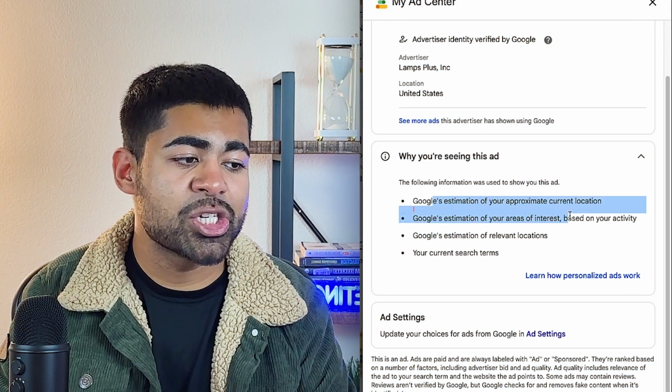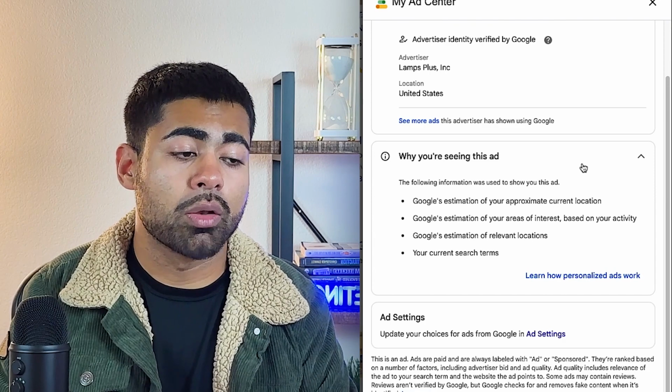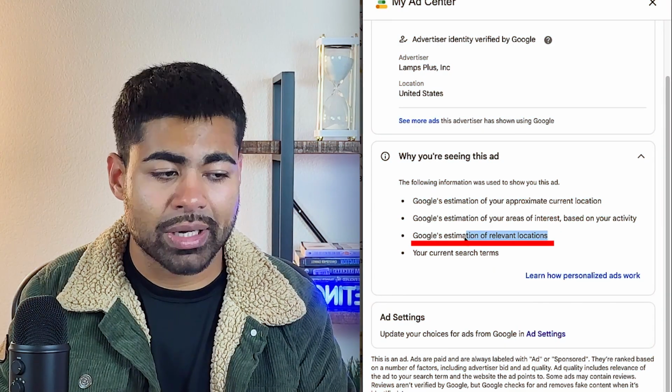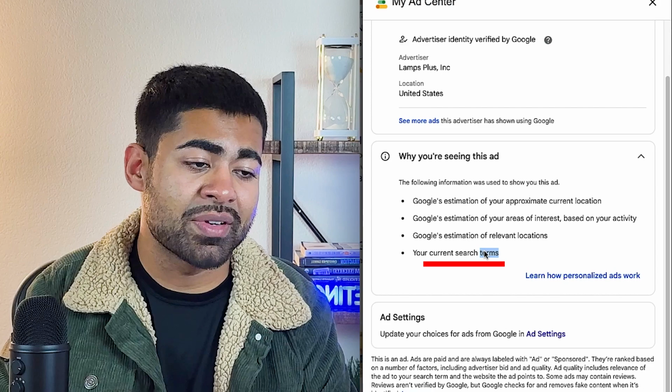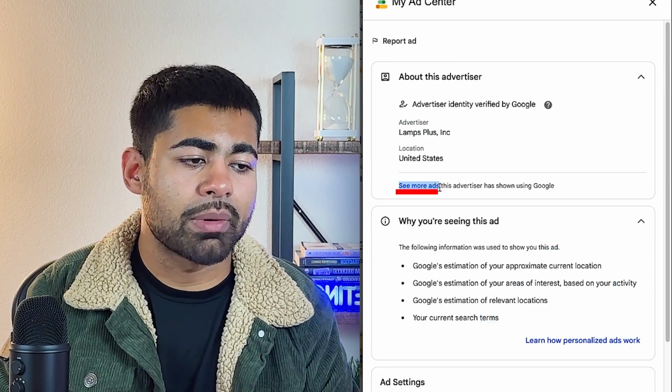Things such as the estimation of your approximate current location to the ad itself, if it's like a local retail store, the estimation of your areas of interest based on your activity. This is something Google really takes into account, the estimation of relevant locations and the current search term, which obviously is very important. Taking this a bit further, if you click this little clickable link right here, which says see